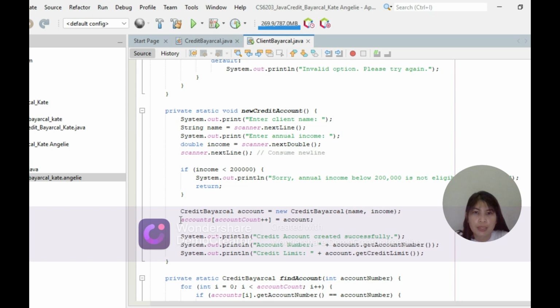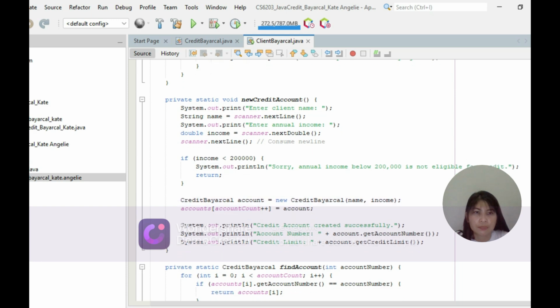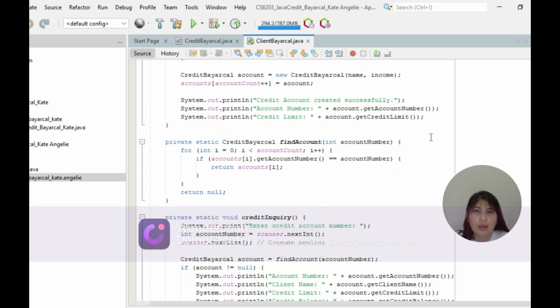So next is the CreditAccount account equals new CreditAccount(name, income), close parentheses, and then semicolon. So accounts[accountCount++] = account; semicolon. So the System.out.println, open quote, credit account created successfully, period, and then close quote, close parentheses and then semicolon.